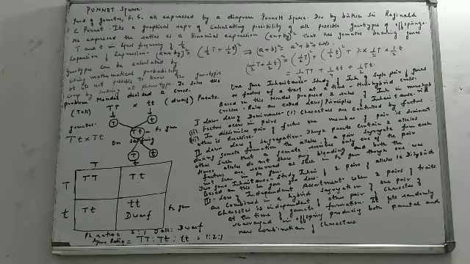Again, the second law, which is based on one gene inheritance, is the law of segregation. Mendel's first law was the law of dominance; Mendel's second law is the law of segregation. What does it say? Though parents contain 2 alleles, during gamete formation, how many alleles are there in the parent? Parents contain 2 alleles.